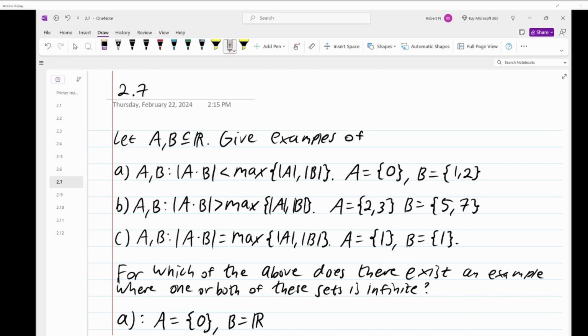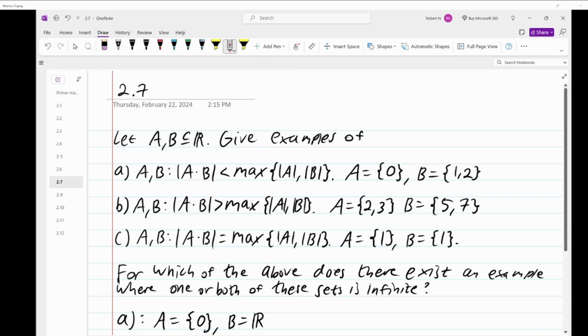21. Yeah, so the cardinality of this is going to be 4, but this is going to return 2. And then, of course, A times B is equal to max. That's easy as pie. Just both of them 1. I mean, they could be any two singleton sets. It doesn't matter. Okay. For which of the above does there exist an example where one or both of these